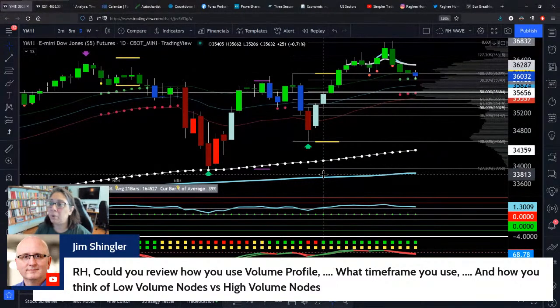And then what do I think of low volume nodes? I don't think of them at all. High nodes, low nodes, I don't even think about them at all. I do pay attention to point of control. I do pay attention a little bit to value area high and low as targets when I'm day trading. But all the fancy lingo that comes after, like I said, anything that precedes volume ledges are support and resistance to me just becomes noise.